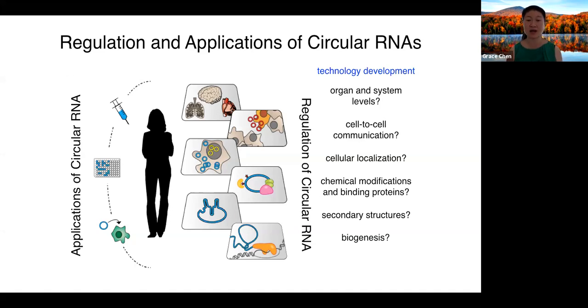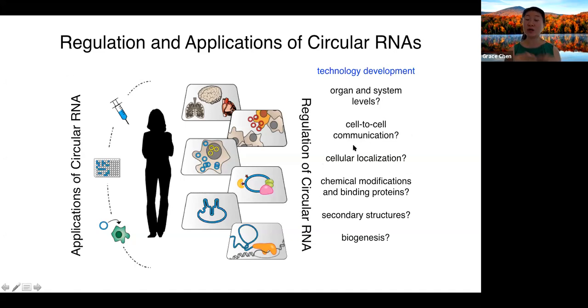There was a paper that came out last year suggesting that endogenous circular RNAs are more structured than their linear RNA counterparts. We're interested in getting even more molecular and understanding what the secondary structures are, and are there unique types of secondary structures on circular RNAs? We're also interested in asking, are there other chemical modifications present on circular RNAs, and are there other binding proteins that would recognize them? Interesting to think about would be, would there be a unique RNA modification present on circular RNAs that's not even found on linear RNAs?